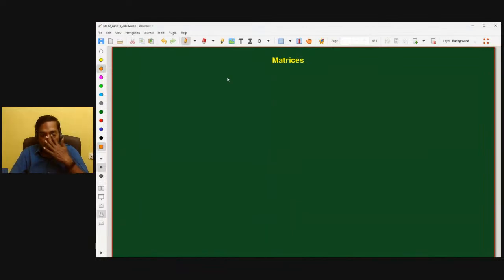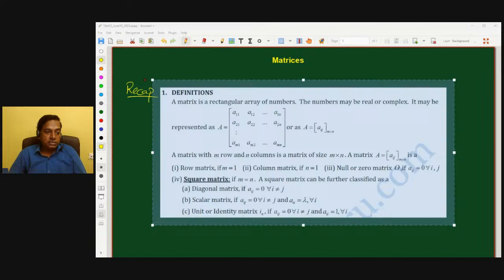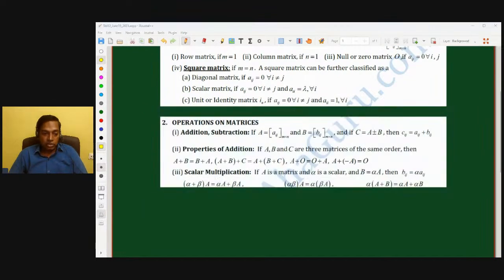As usual we will do a very quick recap. Basics of matrix: what is a matrix? Square matrix, diagonal matrix, etc. we saw. Next, operations, and commutativity and associativity of addition is something that we saw. These are all basic stuff. Then the most important new operation is